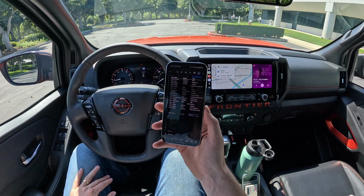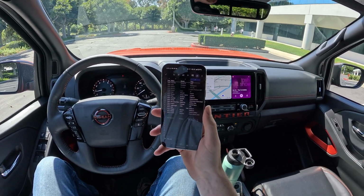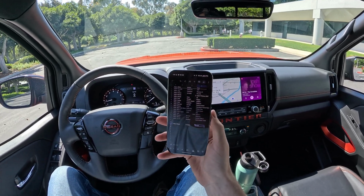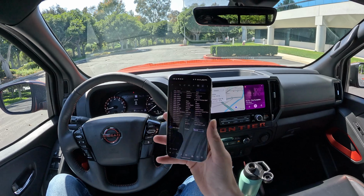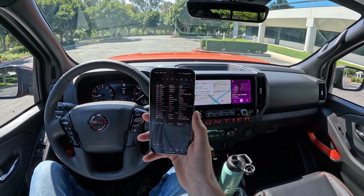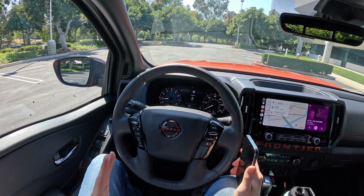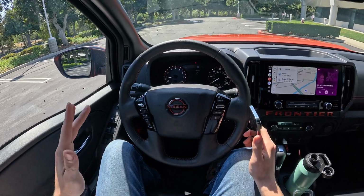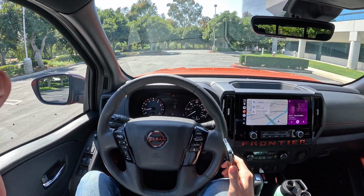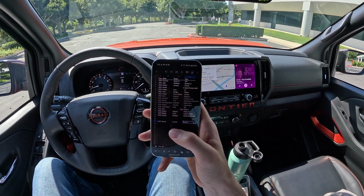Current leaders of the Daily Motor Leaderboard: Hyundai Santa Fe, Jeep Gladiator, and Nissan Armada PRO-4X. I don't really know if that Gladiator Rubicon X deserves to be in second place for much longer. I was thinking about it the other day. It's just a cool car to me. Ranger Raptor sitting down there in 6th. The normal Frontier versus normal Ranger, I would pick the Frontier. But the Ranger Raptor is just so unique. It's barely even comparable to this truck because it's so different. I would be picking that over this. That being said,